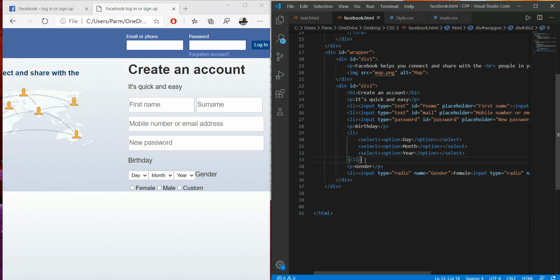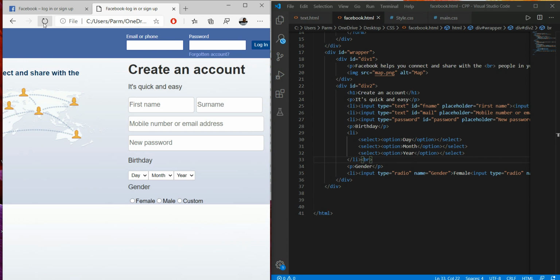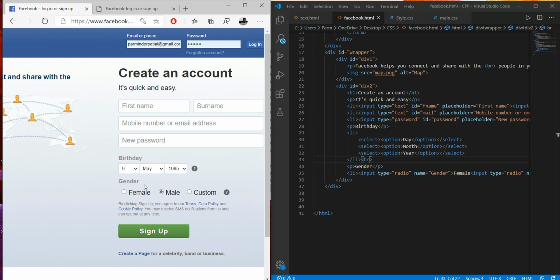To put it on the next line, what we can use is the BR element over here, Control S, refresh it over here. So it moves to the next line. It's like this. Okay. This section I'm again not going to use. So here we have to write this line, so I'm just going to format this section only before this.